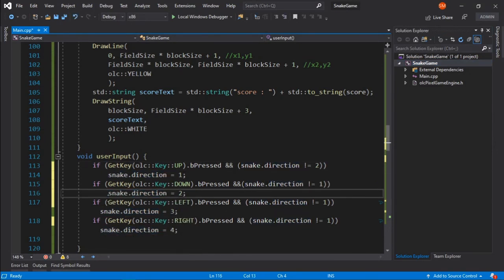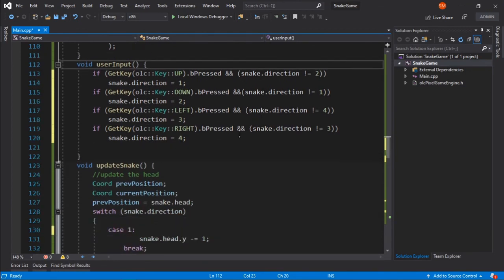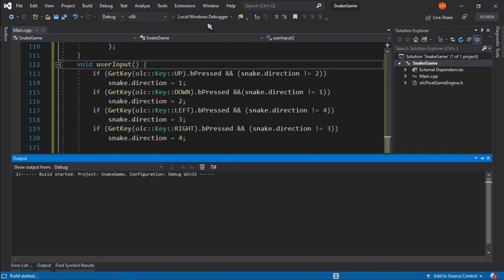Let's just put these things in new line. Okay, so we're checking this whenever this is not equals to 4 and this is not equals to 3. So now that problem should also be fixed, and we can run this code once again.